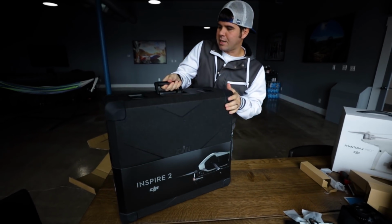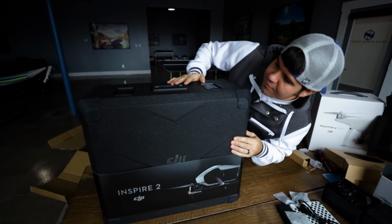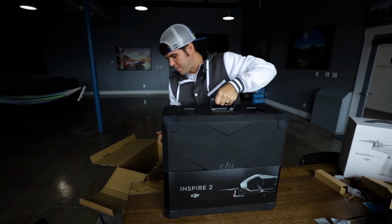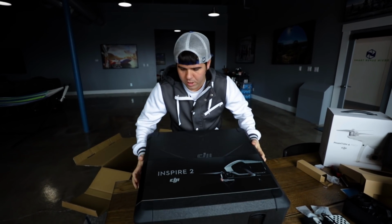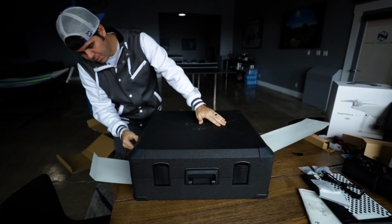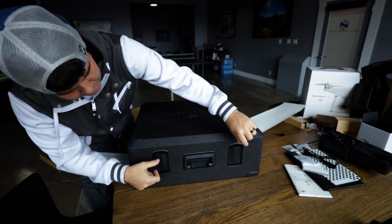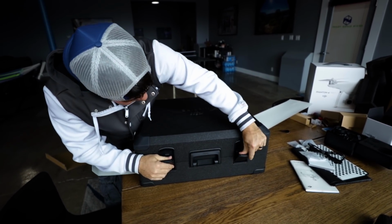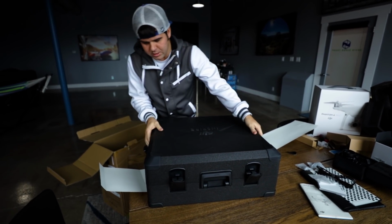Inspire 2. So this is the case. It looks very heavy duty, but at the same time it does feel light. But the Inspire 2 is a beefy, strong camera for what it can actually produce. Time to open this. So there's 2 latches here, 2 latches here. This is for the most part a one-take wonder. So, oh, and there's 2 right here. So I'm guessing the whole thing is going to...